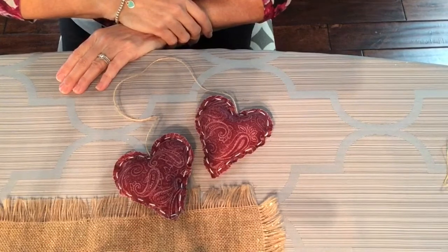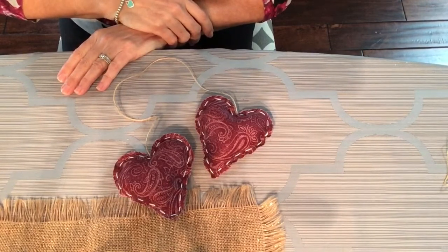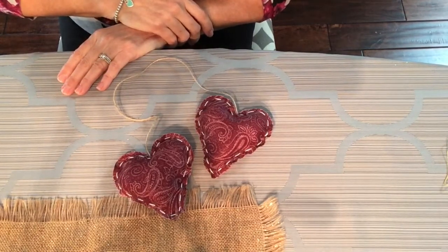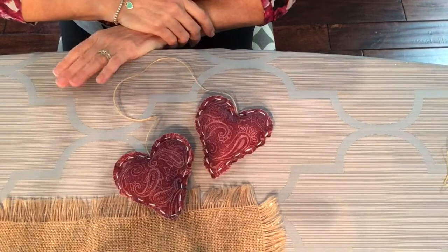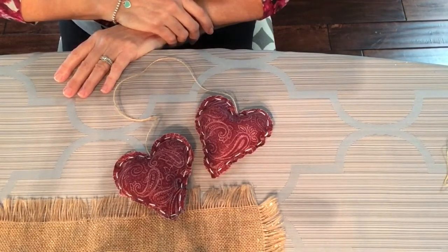We're going to be using some fabric that I already have cut out in the heart shape. It should have a nice clean edge because I used the Ellison die cut machine. And everybody has a different color embroidery floss. We are using embroidery floss because we want it to show. It's part of the design. So I purposely chose contrasting colors so we get this nice rustic winter look for Valentine's Day,